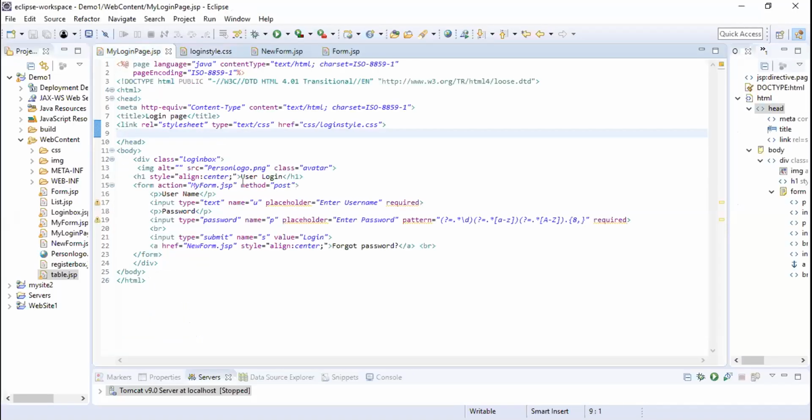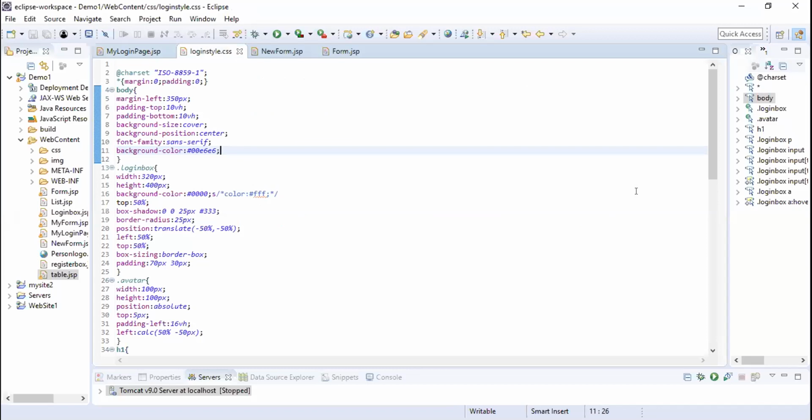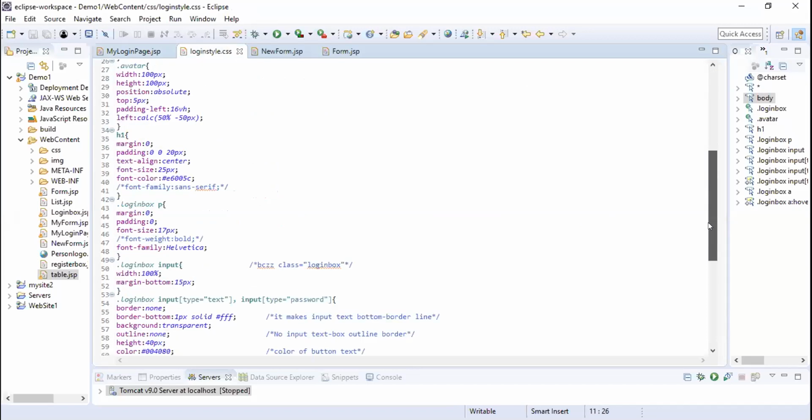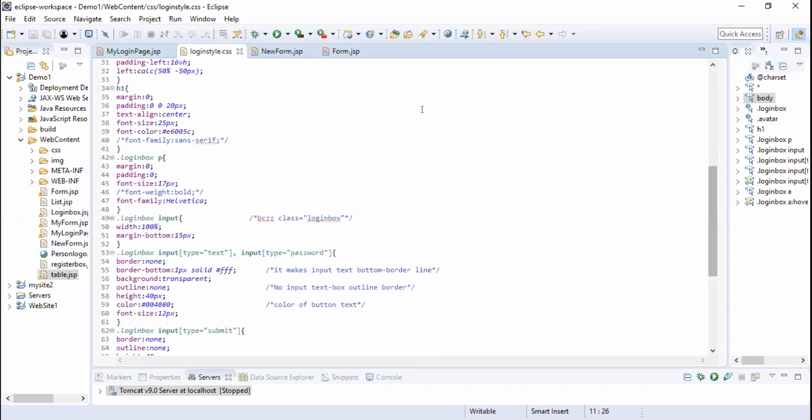Ma'am, share my screen. Is it visible, ma'am? Yes. This is the JSP file where I use external CSS. The name is loginstyle.css, and this is my code. Now I run it.